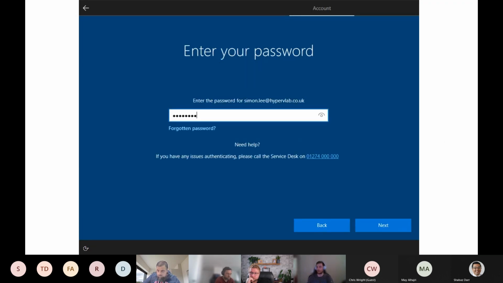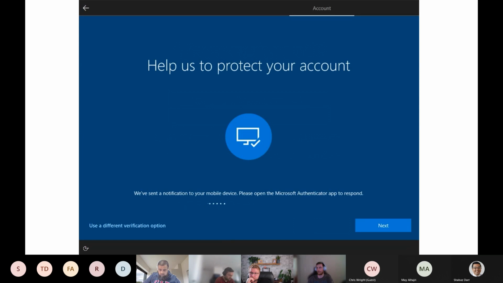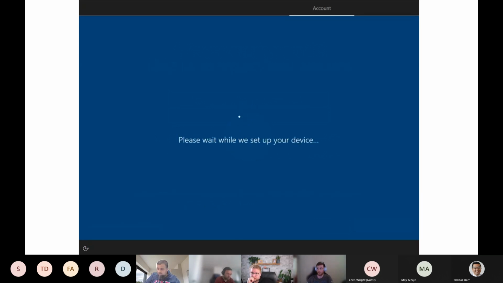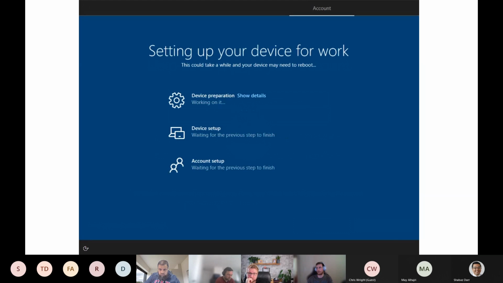So you go through, you put in your credentials. Obviously, I've got 2FA set up, so it will then send a text message to my phone. This then checks into Office 365 and Azure AD to see what groups and access I've got. This then registers the device into Intune, and it'll start pulling down any of the policies that I've got assigned. So you can do pretty much everything that you could do with group policy. There are some exceptions. You can have always on VPN, you can deliver Wi-Fi profiles, and all that sort of stuff, which I'll cover probably in another talk at some stage on configuring devices.